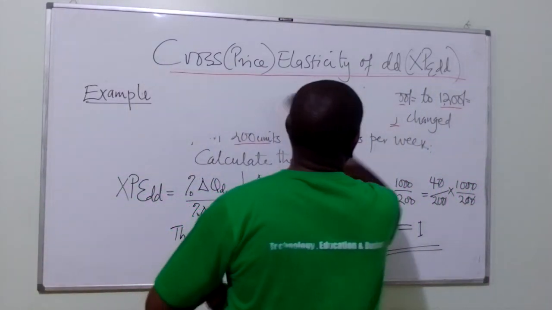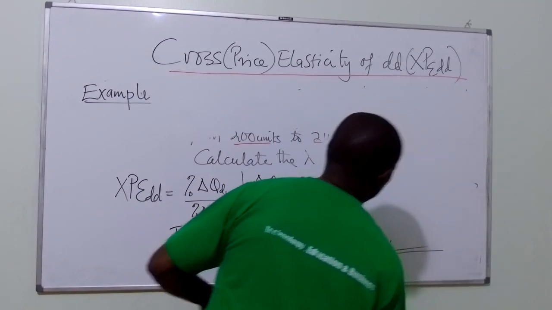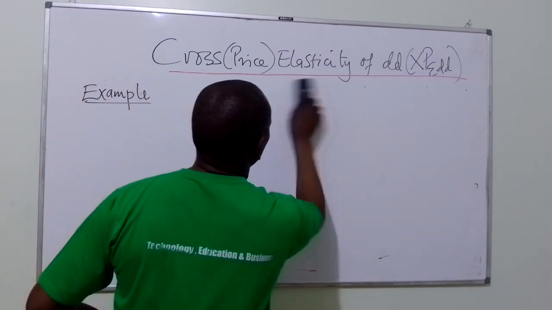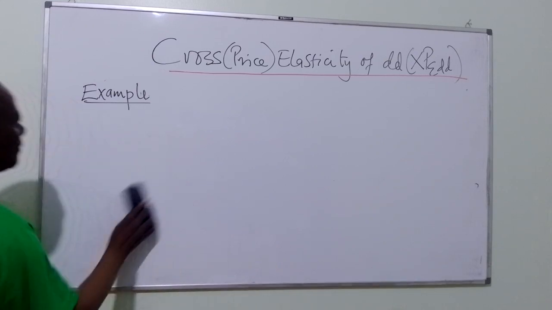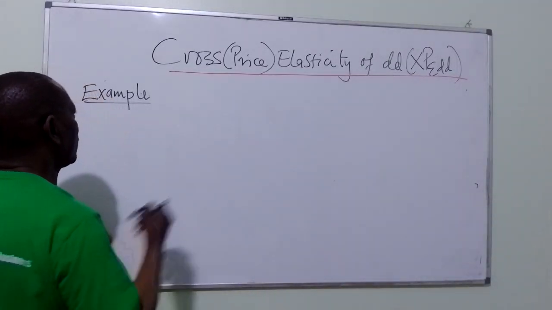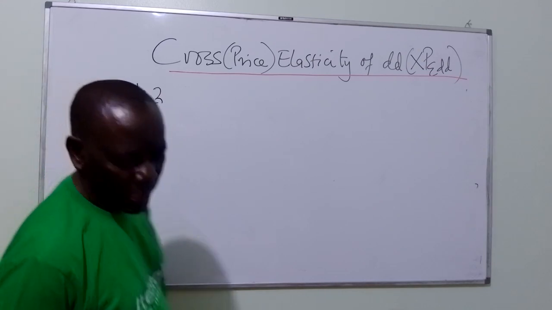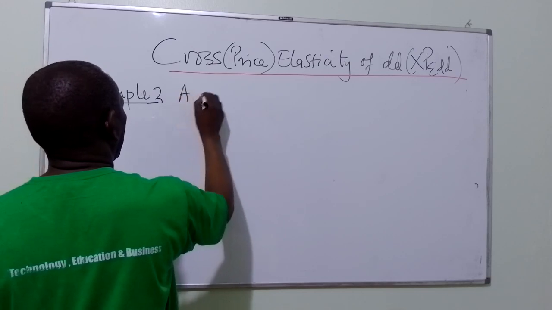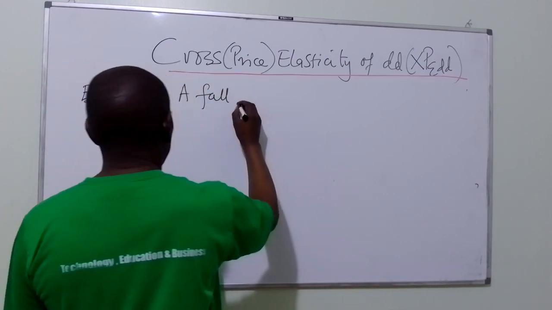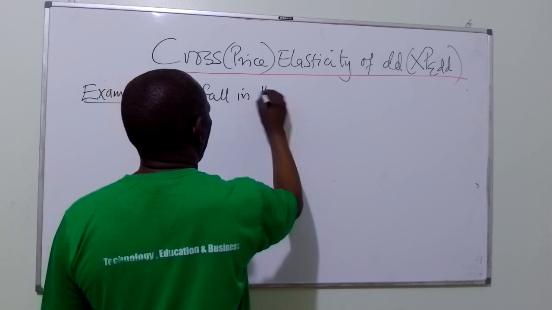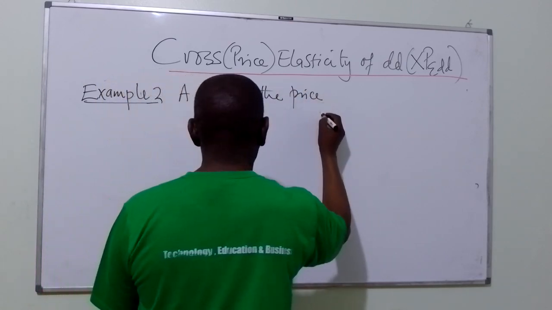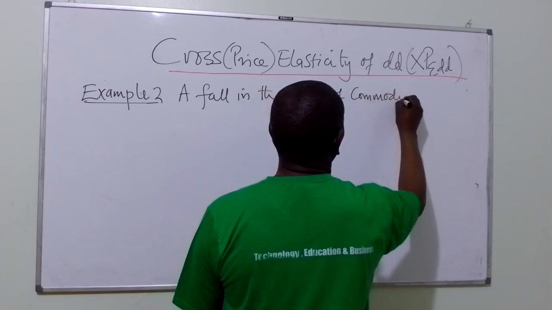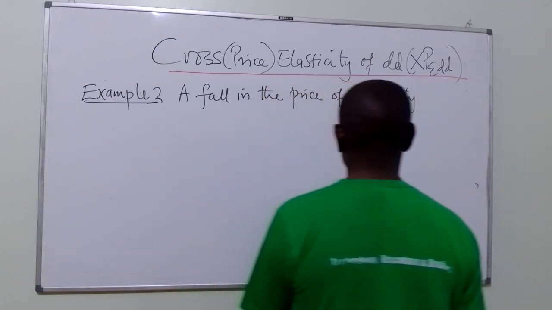Now we look at the other side. I have looked at this side, now we look at the other side of the coin. We are now looking at example 2. And example 2, which we are going to have, is a fall in the price of commodity Y